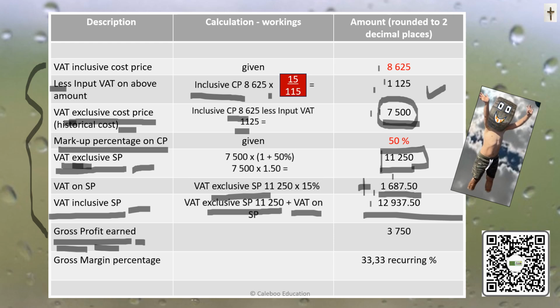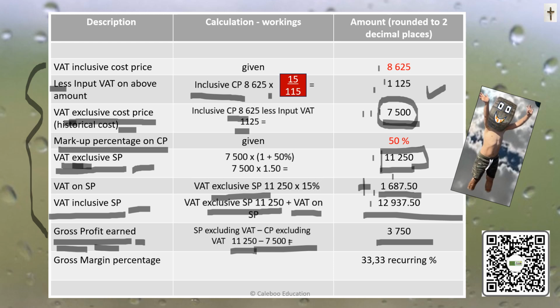And remember, I'm looking for the numbers now excluding VAT. So it will be the selling price excluding VAT minus the cost price excluding VAT. And if you go and check the descriptions above, you will find that the selling price was 11,250 and the cost price excluding VAT was 7,500. 11,250 minus 7,500 is